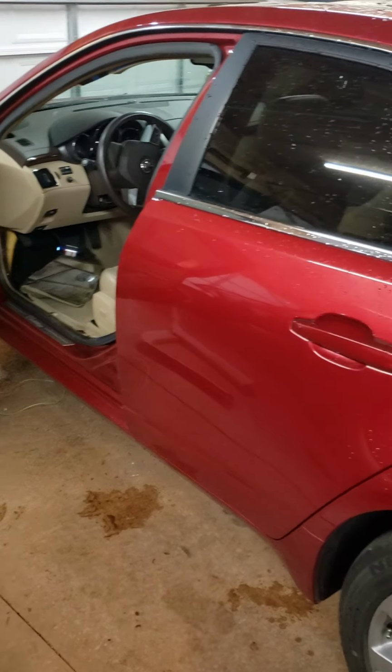Now, when I did drop my inner fender well, like I said, this car was used. Sorry about the shaking, guys. It's kind of cold out here, and as you can see, I've got my little heat going. Anyways, so when I disconnected the hose, I ran my line up through there. There was some debris down in the bottom of it. So I thought, okay, well, it could be trash. So I ran the thing up through there. There was a little black gunk that came out. Nothing that I thought maybe clogged it up. But I thought maybe it was enough since it was gravity that it did clog it up. So